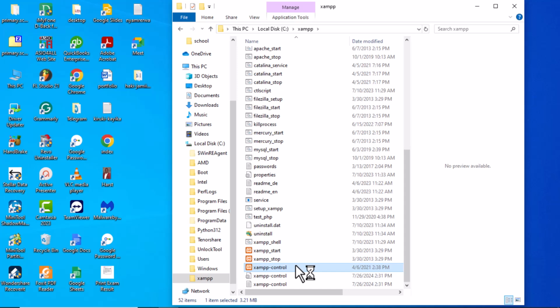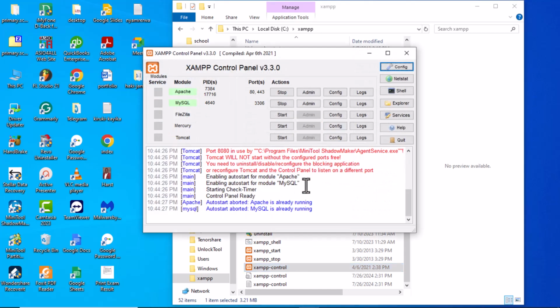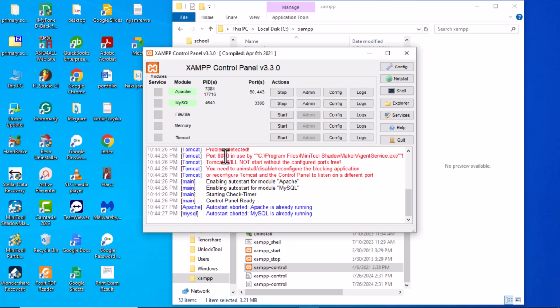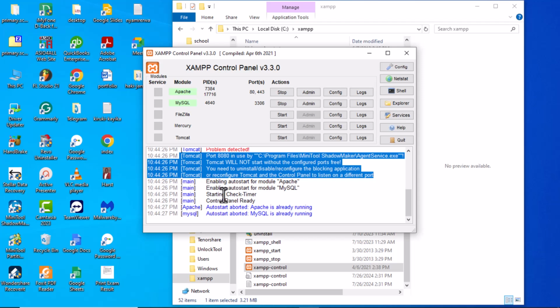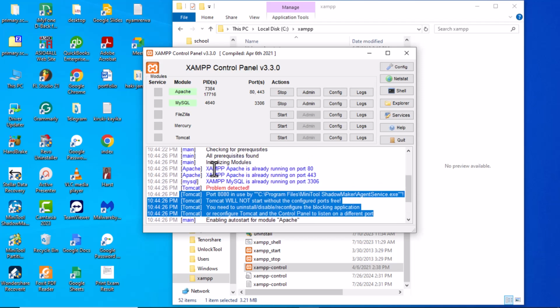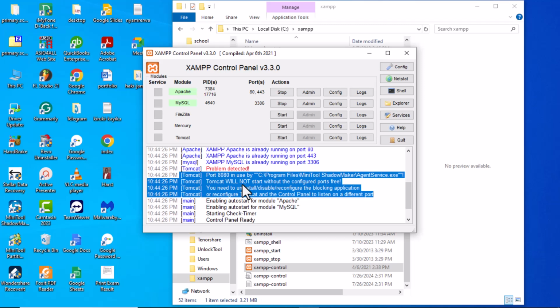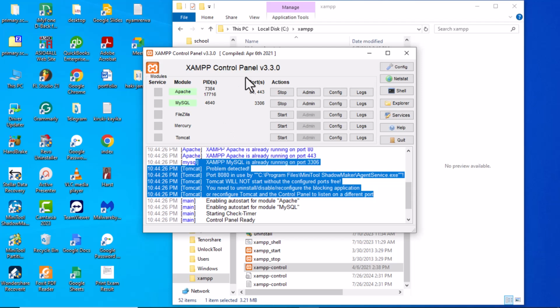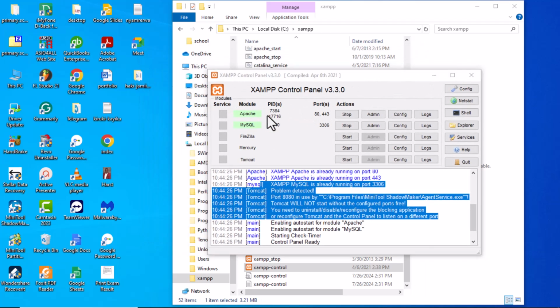and in case yours prompts you, you'll need to say yes so that you continue. You may see something like this. In my case, it gives me this warning. Maybe it is because there is another application which is sharing port 8080, but for now that is for Tomcat. But if it is Xampp, it will not run if it is sharing with another application. So if it is sharing with another application, you will just have to check online for a tutorial on how you can solve that. But in my case, this is Tomcat, which I'm not going to use, so everything is just working okay. To confirm that, you will be able to see